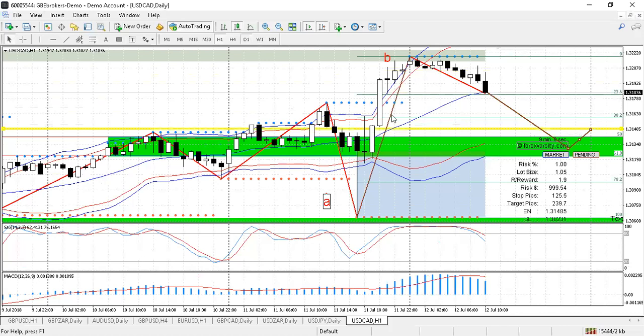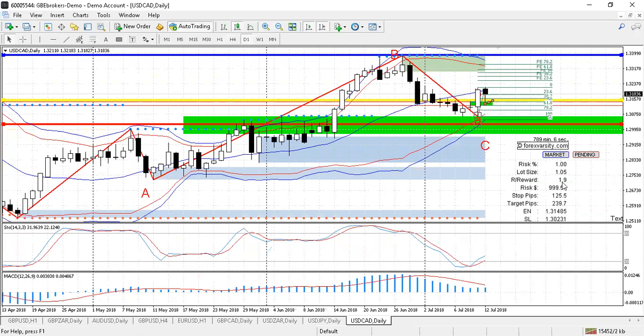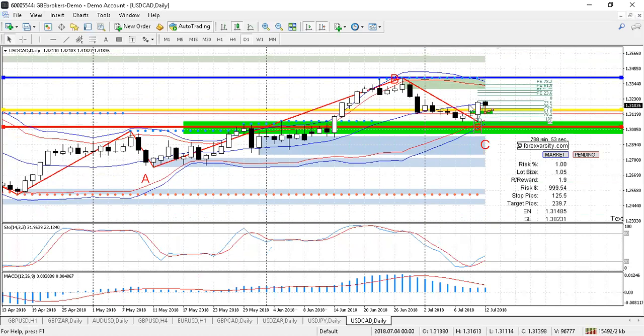So you'll get a better risk to reward. So if I go back to the daily now, and we look at our risk to reward, we've got a 1 to 1.9, which is virtually a 1 to 2, which is what we're after. So guys, I hope that helps. Obviously, if you go to the next target, if we're looking on the daily,